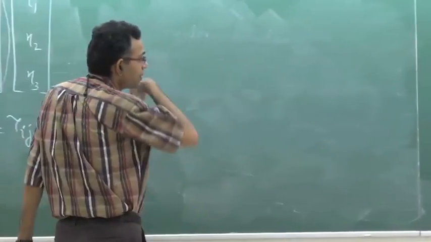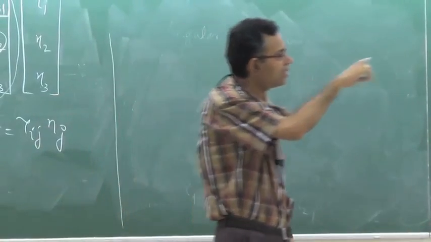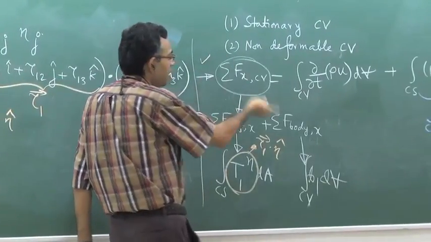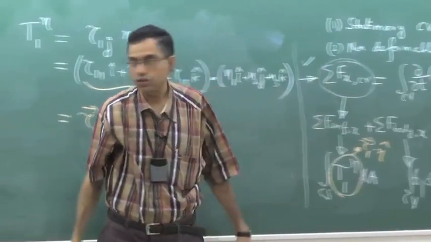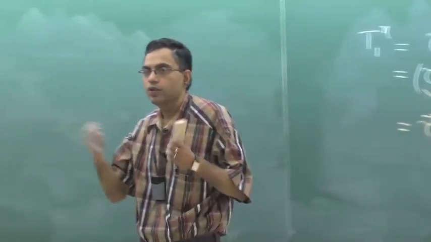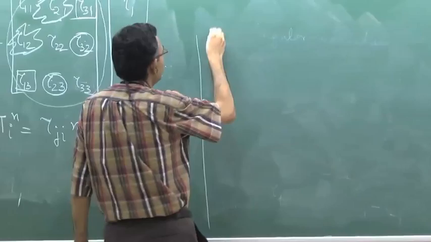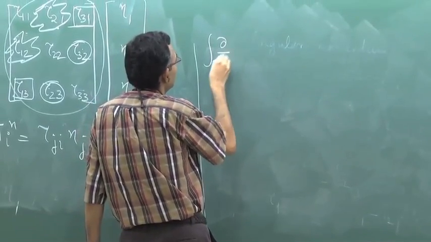So, what we will do is write the right hand side of this equation on the left hand side, and the left hand side on the right hand side. That is the standard way of writing it in fluid mechanics. So, we will write the integral of del T of rho u